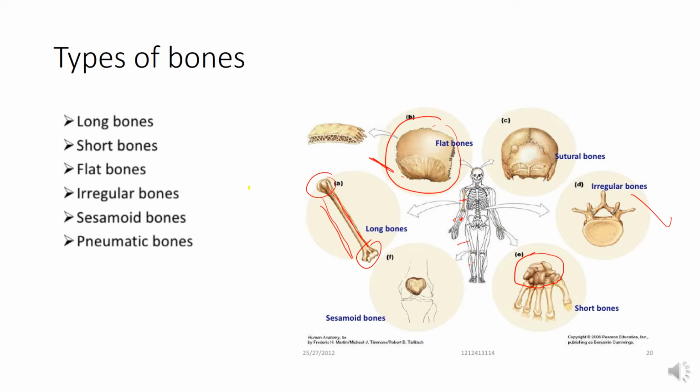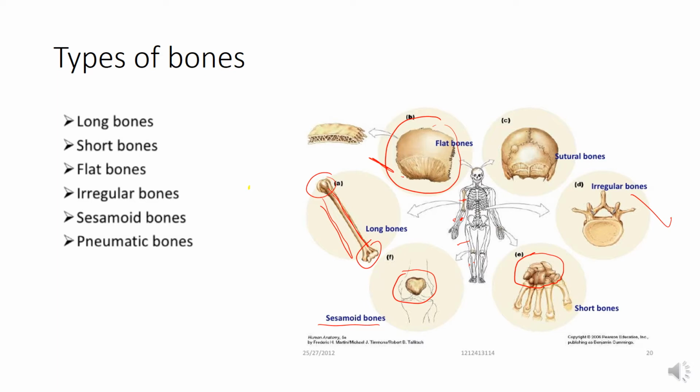So these are the bones which develop after birth in the tendons due to repeated flexion. The best example of sesamoid bone, and the biggest sesamoid bone in the body, is the patella, that is the kneecap present in the knee joint. There are other sesamoid bones. For example, a specific bone in the carpal bones is another example of the sesamoid bone.